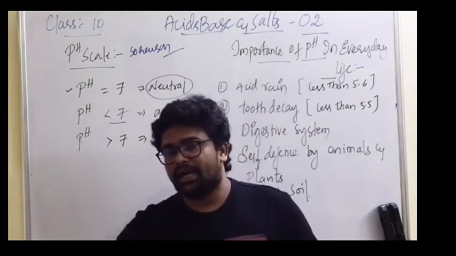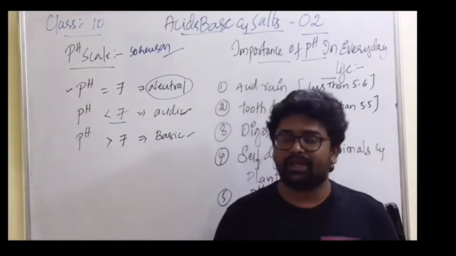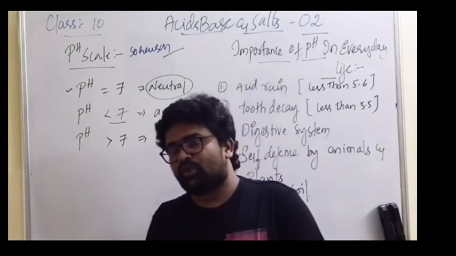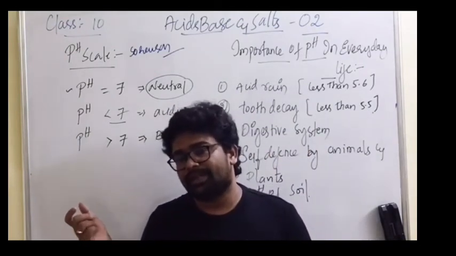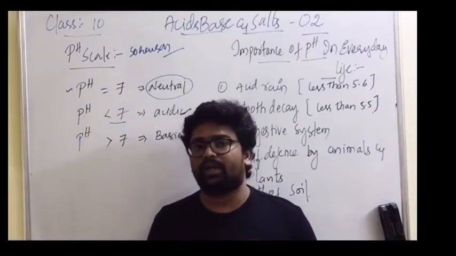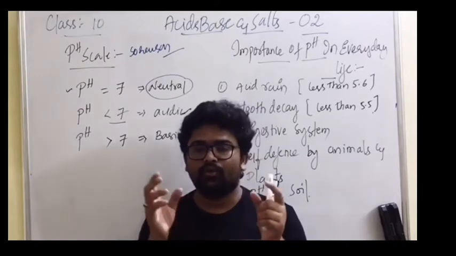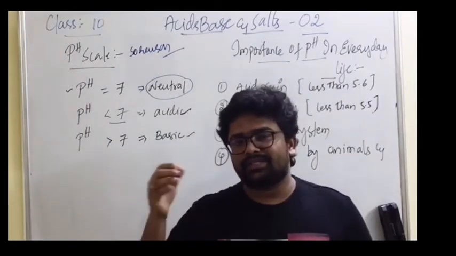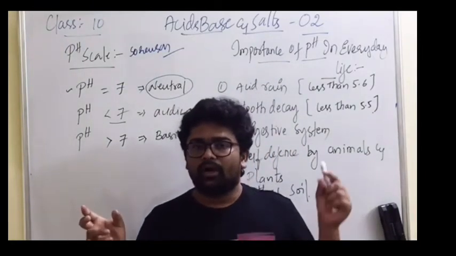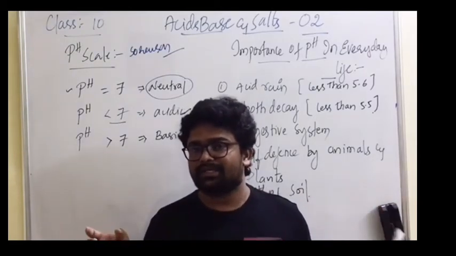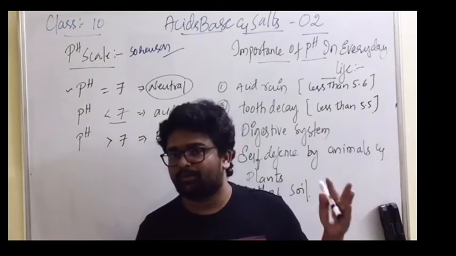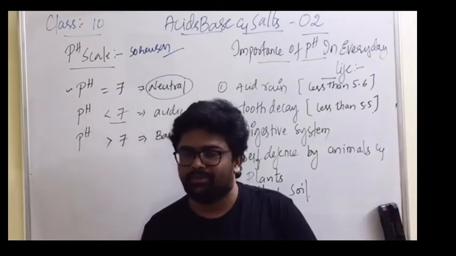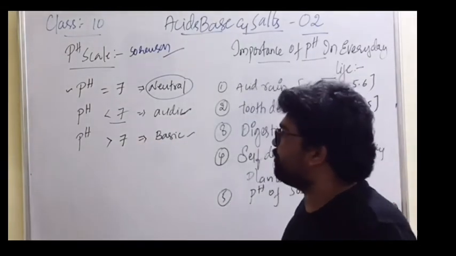आपको एक चीज़ याद रखनी है, अगर किसी सॉल्यूशन का pH वैल्यू बढ़ रहा है, तो इसका मतलब ये है, यानी 0 से लेकर 14 तक pH वैल्यू के नंबर्स होते हैं. अगर pH वैल्यू का नंबर बढ़ रहा है, इसका मतलब ये है कि हाइड्रोजन आयन्स कम होके हाइड्रोक्साइड आयन्स ज्यादा हो रहे हैं. अब मैं दो वैल्यू कंपेयर करता हूं, वैल्यू 3 और वैल्यू 8. वैल्यू 3, 7 से नीचे है तो ये एसिडिक सॉल्यूशन है, और वैल्यू 8, 7 से ऊपर है तो ये बेसिक है. इसका मतलब ये है कि 8 नंबर पीएच स्केल में बता रहा है कि यहाँ पर OH माइनस आयन ज्यादा है, हाइड्रोजन आयन्स कम है. Right, so that is what we can know with the help of pH scale.